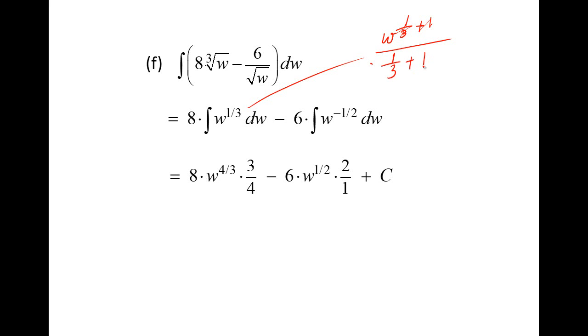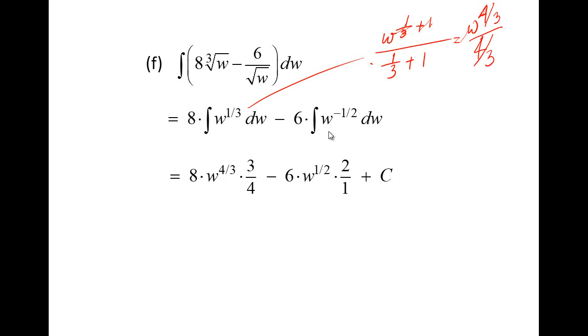So that's going to be w to the 4/3 divided by 4/3, and we can rewrite this as w to the 4/3 times 3 divided by 4, and then minus 6 times